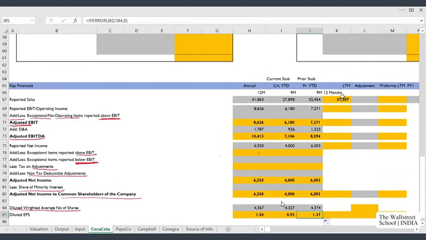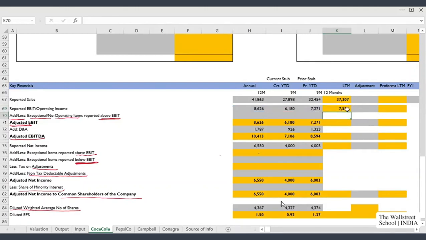Now friends, let's calculate LTM numbers. So here it's already calculated. 37307 is my LTM revenue. LTM EBIT is the annual 8626 plus current stub 6180 minus prior stub 7271.